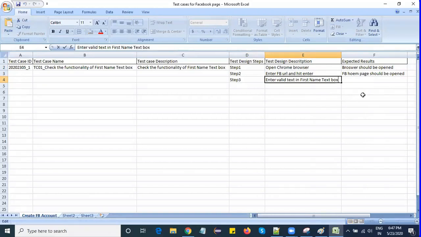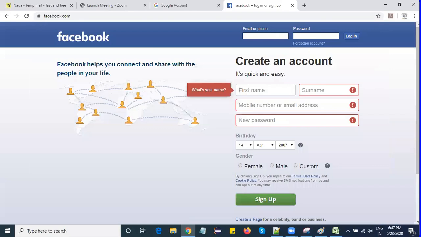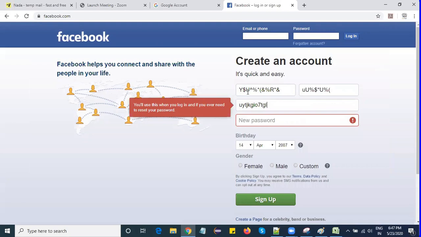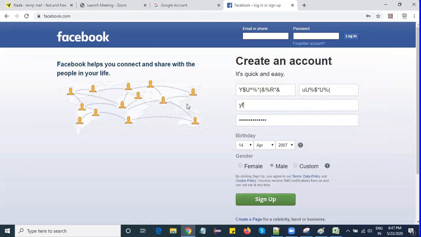What will I write? I will write a note. What can be invalid? Now tell me if I write like this. Okay, let's take mail. Let me give valid conditions here.